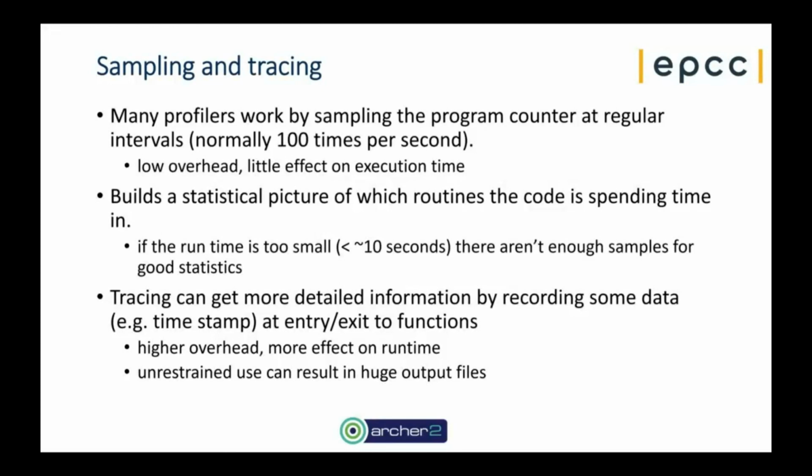So a statistical picture of which routines are spending most of the time. Of course, to be able to do this accurately, the code needs to run for a reasonable amount of time. Sub 10 seconds, sub 5 seconds is probably not long enough for a complicated code to pick up all the nuances of it. And it can also miss some things, right? If you've got lots of small functions happening all the time, the sampling won't pick all those things up. There is a more detailed mode you can run in for some profilers called tracing,